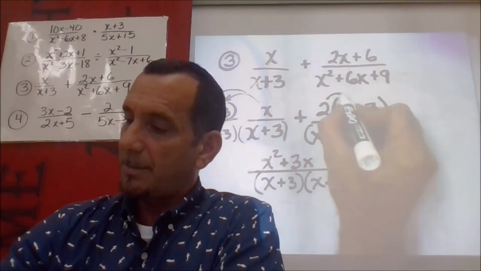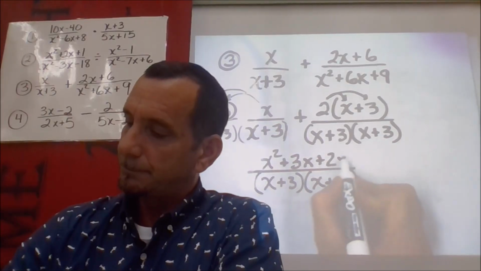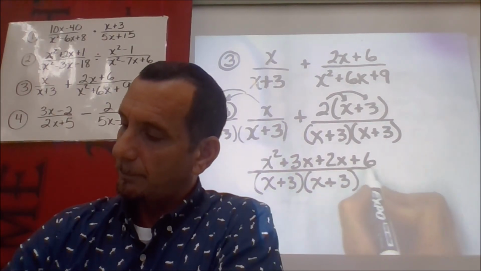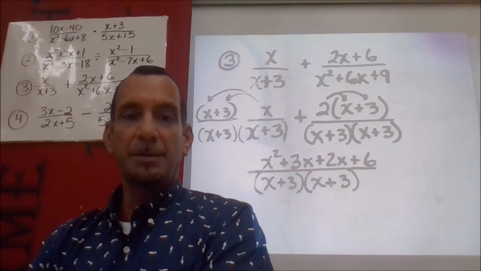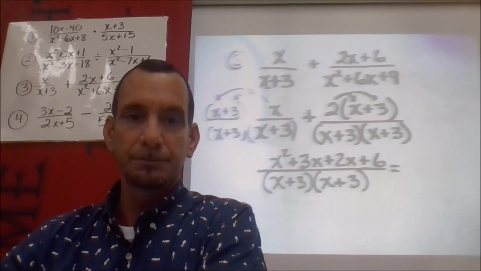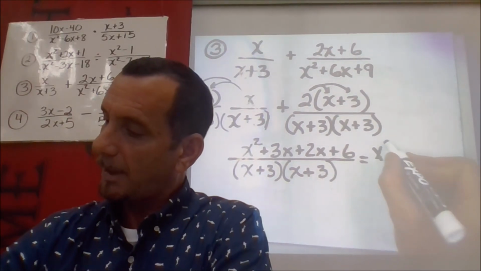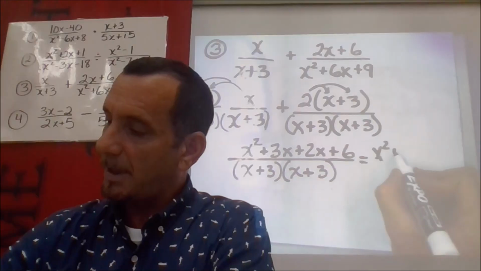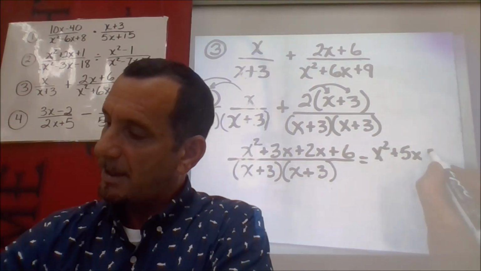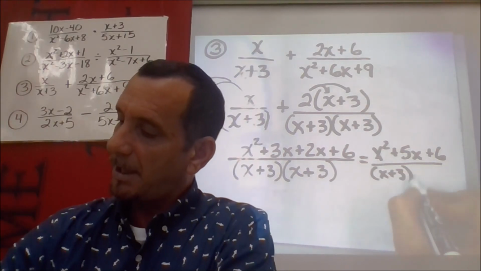And now I'm going to distribute this too, just for fun. It's pretty good. Can I combine like terms? I sure can. And that will get us x squared plus 3x plus 2x plus 5x plus 6 all over x plus 3